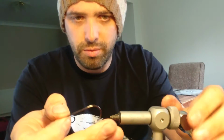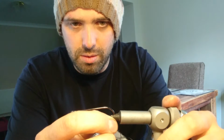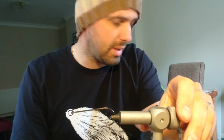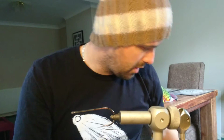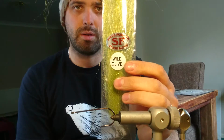Hook we're using 4/0, 5/0, 6/0, whichever you prefer. 4/0 or 5/0 is ideal. Sakuma Manta 540, or 545 if you just want a little bit extra weight to drag it down that little bit faster. We're going to be tying with medium Uni Mono, and then in colours we have Steve Farrar Blend in wild olive,